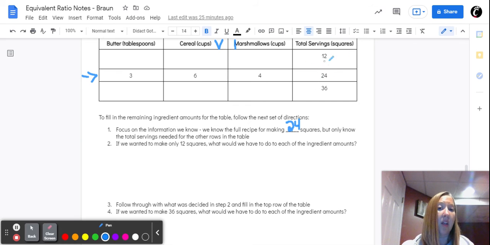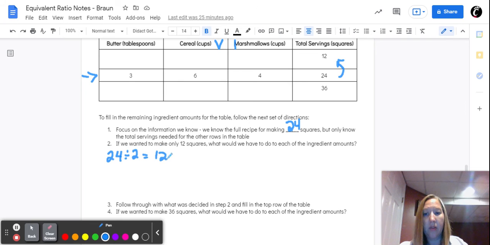Okay, I also have that I want to figure out for 12 squares and 36 squares, but I don't have any of the amounts of ingredients. So we're going to actually use equivalent ratios to find this. If we wanted to make only 12 squares, what would we have to do to each of the ingredient amounts? Well, how am I going to get from 24 to 12? Okay, well, if we do 24 divided by 2, that gives us 12. So that's telling me that everything in this row can be divided by 2 to give me the amounts for